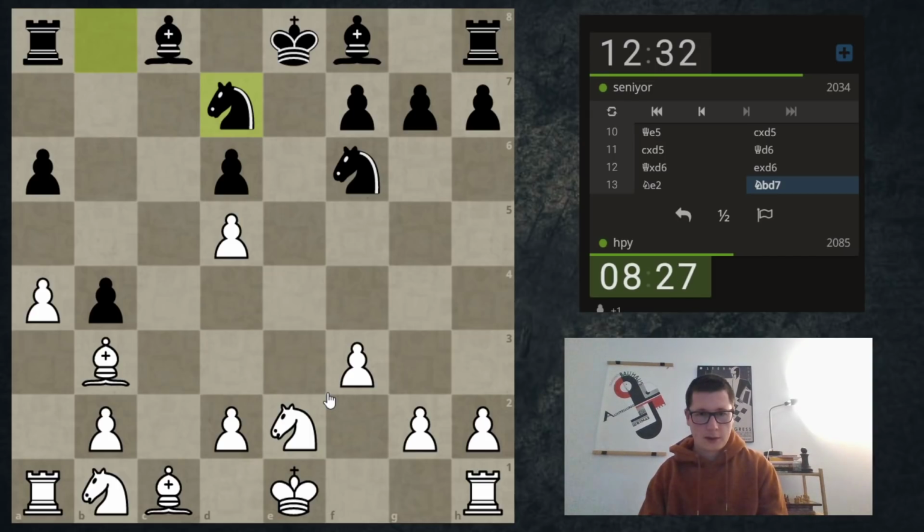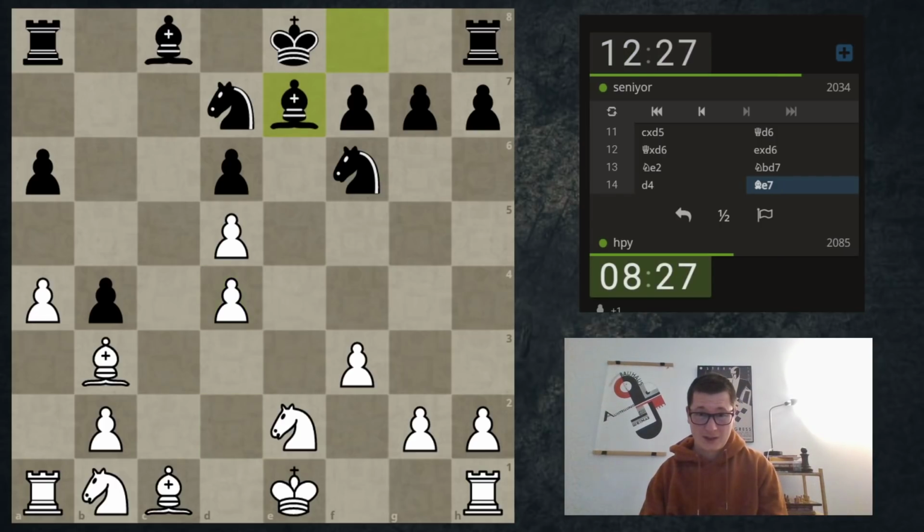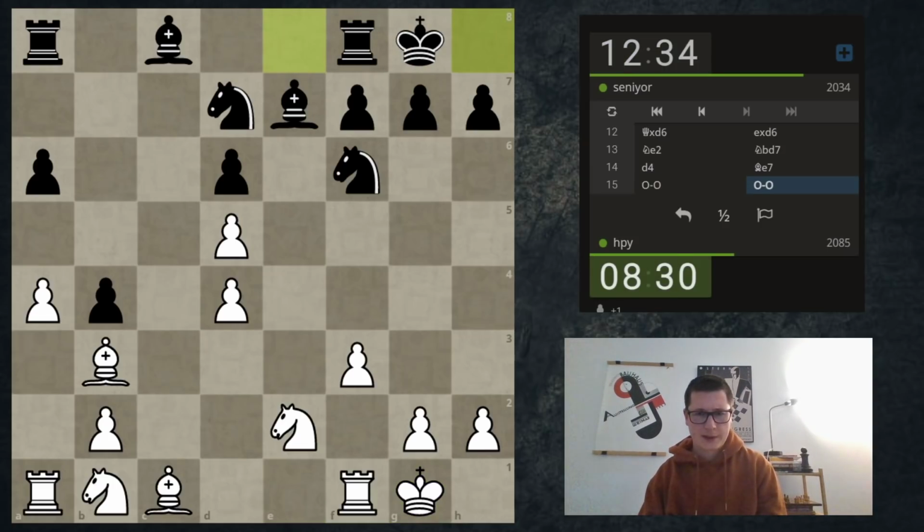Now, maybe... I have time for knight d4, but he has time for knight c5. So I feel that I have to play d4 at this point to prevent knight c5. I'm not too concerned about him taking on d5. I mean, it's an extra pawn, and for the moment it's not such a good extra pawn. So let's just get my king to safety. I think the queen trade was a bad decision for him strategically. Because now...